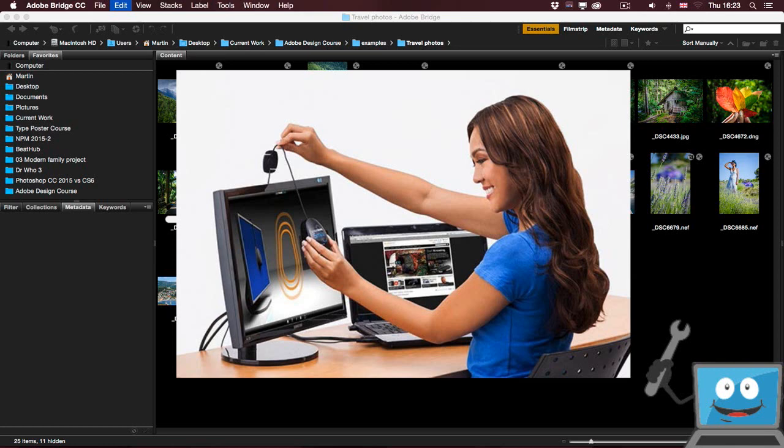For color calibration, there are many devices, and it's not a big investment, but it will definitely make your work